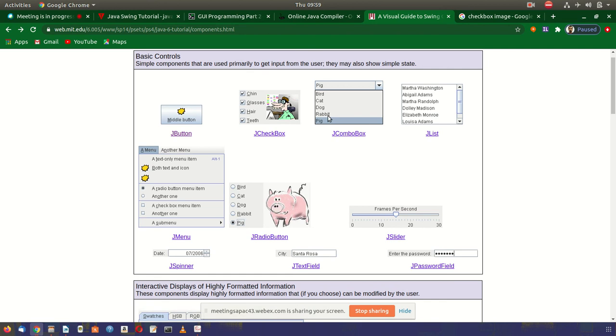But a combo box is generally used when the list is very long. It contains, like, names of countries, more than 200-300 values. Then we use the combo box.